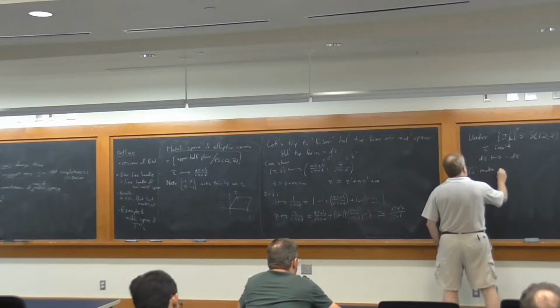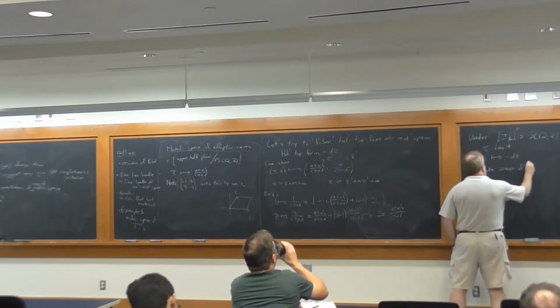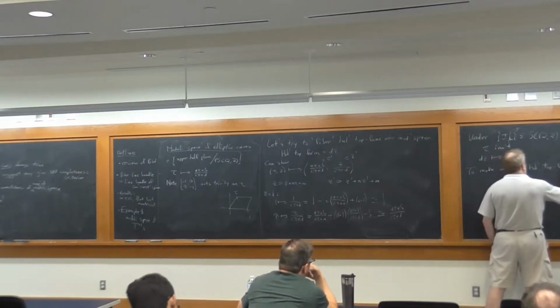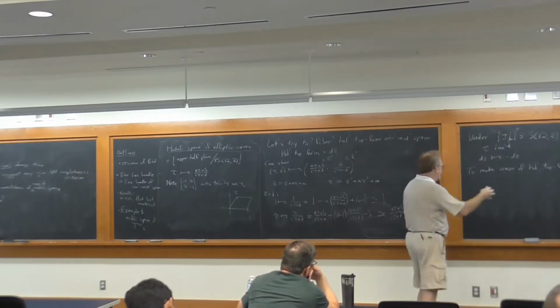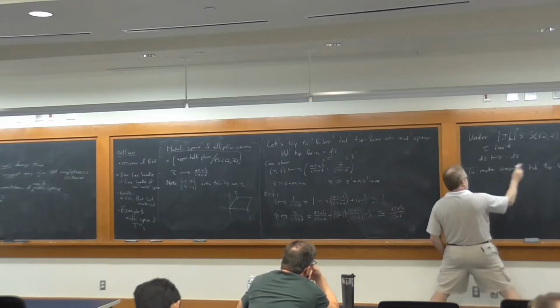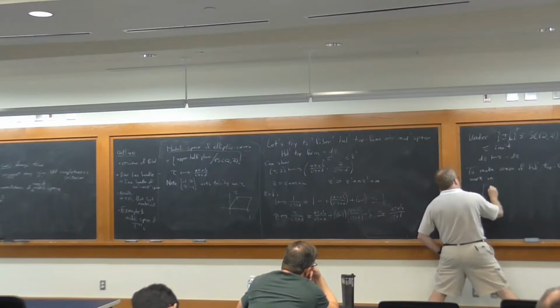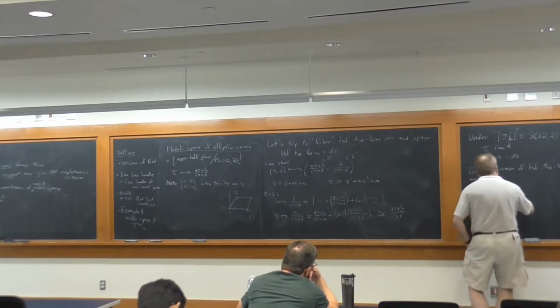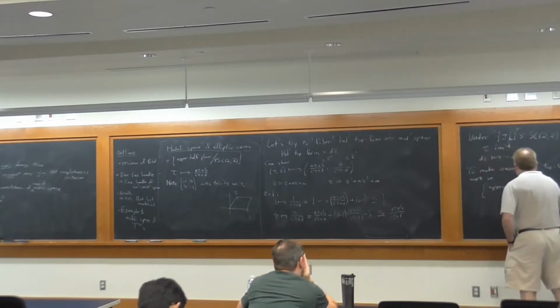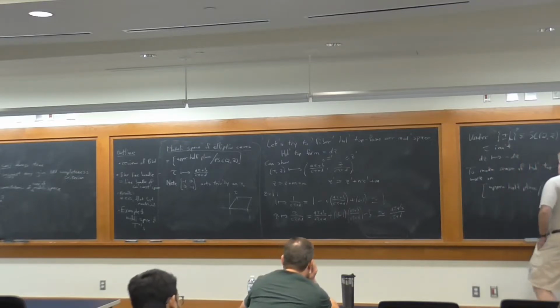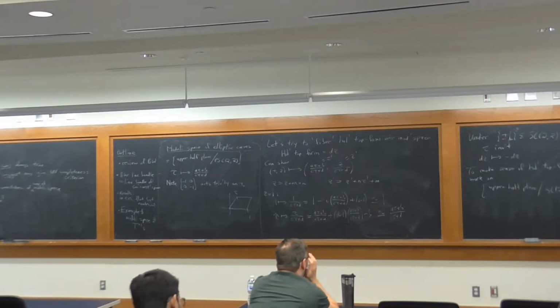So, to make sense of holomorphic top forms, well, one forms in this case, but I'm just going to keep saying top forms because I think that's the more useful way to think about it. To make sense of holomorphic top forms, we have to work on the upper half plane mod SL2Z. Now, the center of SL2Z still acts trivially on the upper half plane, but there's a mathematical construction, a